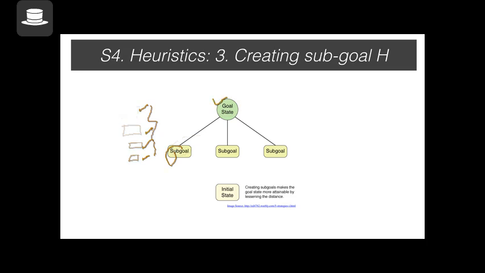So it actually helps. It's one of the heuristics to help solve complex problems. We divide the problem into manageable chunks, and you attack each individual subgoal till you get through all the subgoals. And each subgoal may have further subgoals. So that is the creating subgoals heuristic. And in the next slide, we're going to talk about one example of the creating subgoals heuristic in one of the problems.